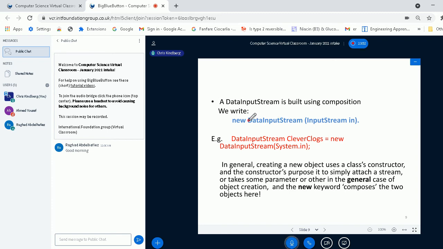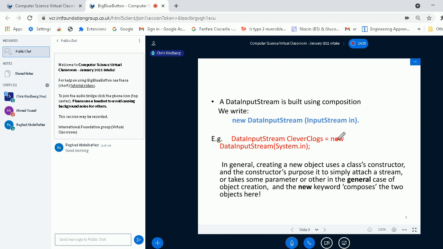In other words, the way in which you compose a data input stream object with an input stream is to write new DataInputStream, which is the class DataInputStream, with the name of an input stream. So a practical example might be cleverClogs has a type DataInputStream, because that's the object that we're about to create.